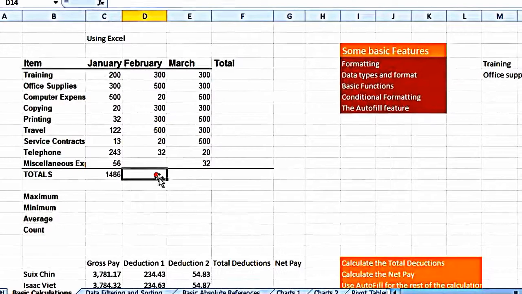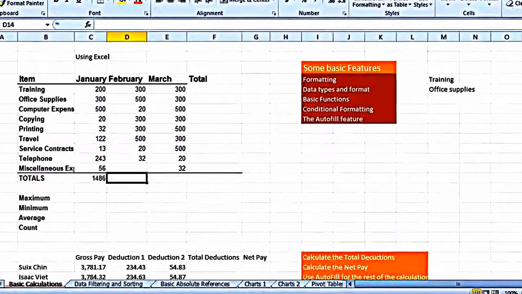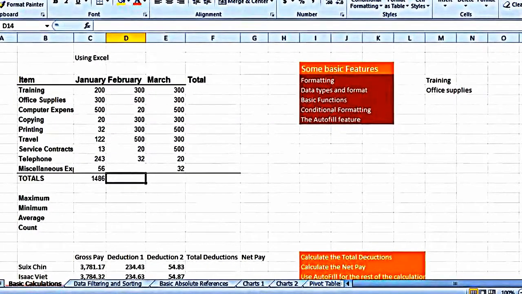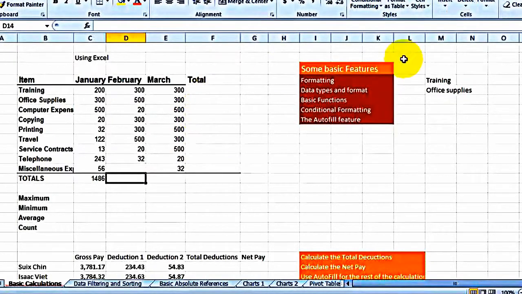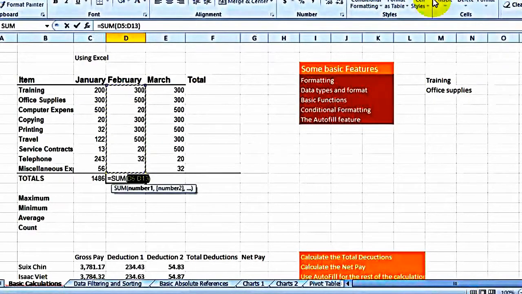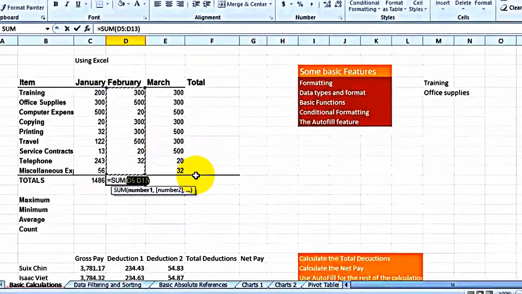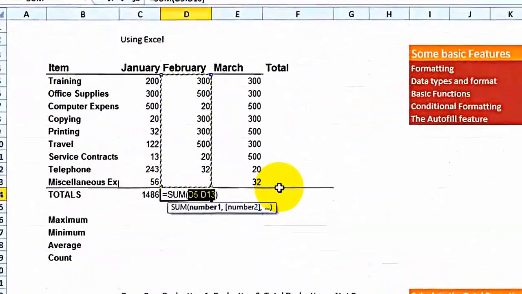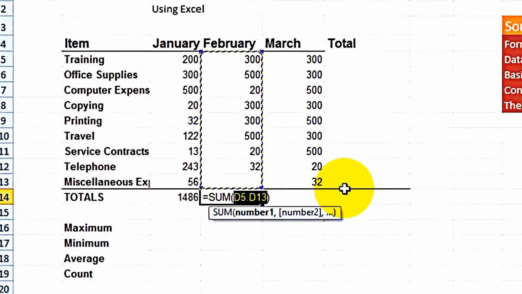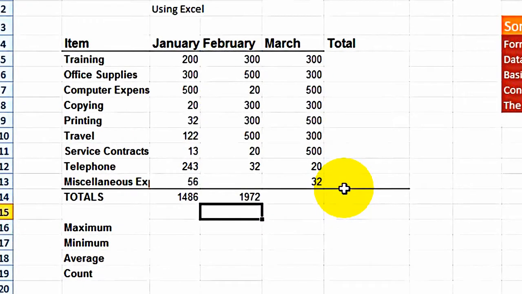The next thing you can do is use the automated calculation from the toolbar under the editing tab, and in there, for example, we want to add all these numbers. You can click on AutoSum here, or just click on the drop down and choose Sum, and now Excel will try to figure out what you want to calculate. However, you have to be very careful about what the program is selecting, because sometimes you may want a different range. That's why I wanted to show you the other method first, the manual way. So hit enter here, and this will be calculated